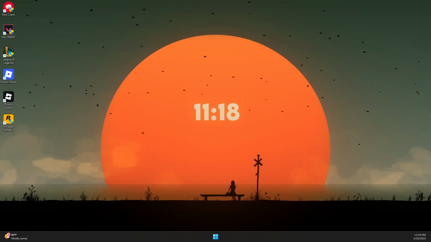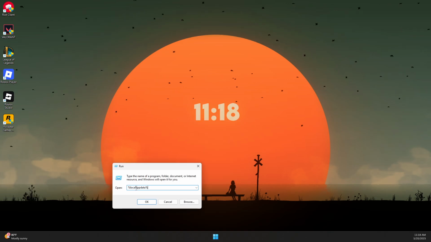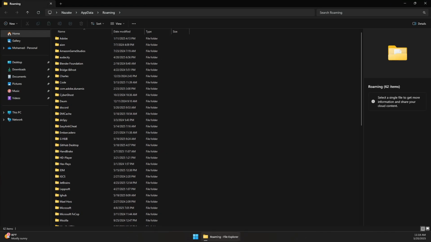So here's how to fix Minecraft error code drowned failed to login. So first what you can do is right click on the start button, click on run, and in here we want to type %localappdata%, press OK, and in here we want to look for